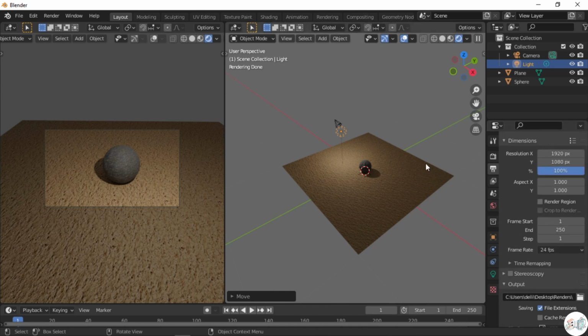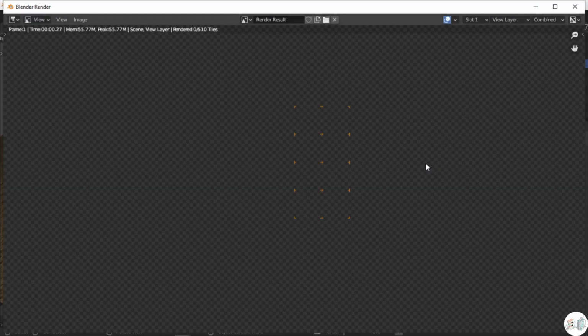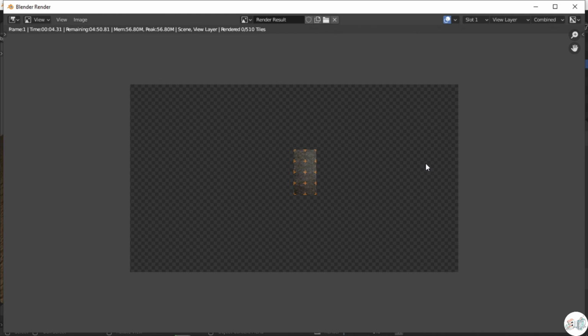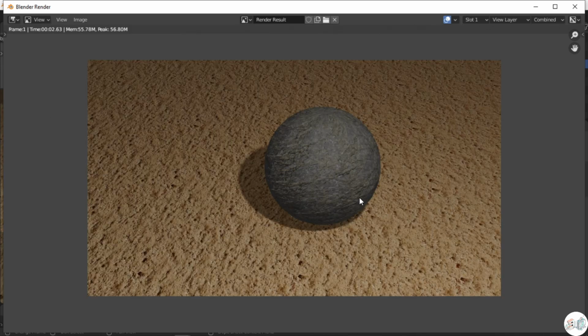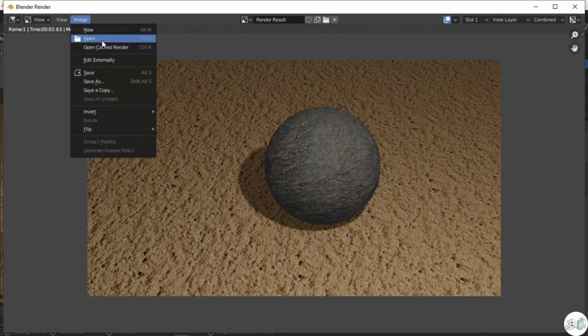Now if I press F12 on the keyboard, it's going to render it. It might take some time based on your processing power. Please be patient. As you guys can see, the render has completed and I'm going to save it onto my desktop.